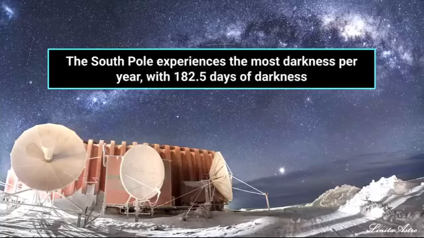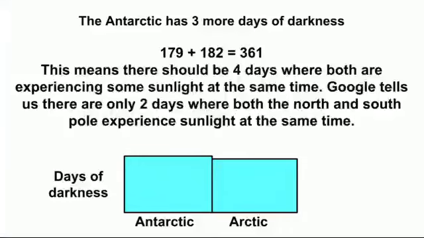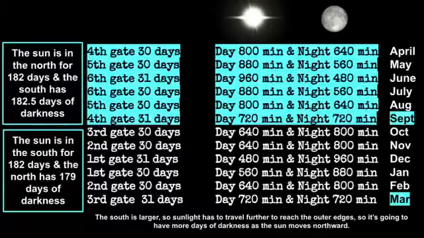And we see that the South Pole experiences about 182 and a half days of darkness per year. How much does the North experience? Let's see. Is it 182 and a half? No. 179 days the Arctic experiences darkness. And so you do have a difference, and those numbers don't add up to 365 days. And so there's days where they would both experience some light, but it doesn't make 100% sense to me, given that there's more days of darkness than there should be in the South, unless you understand that the sunlight would have to travel further in the South to reach those outer edges than it does in the north or the center of most maps. And I don't even know if our maps are lined up properly.